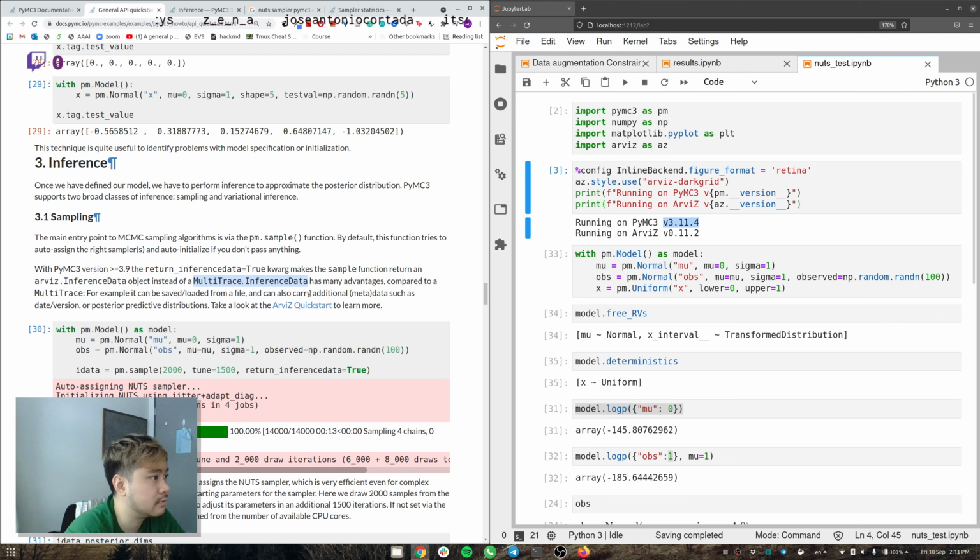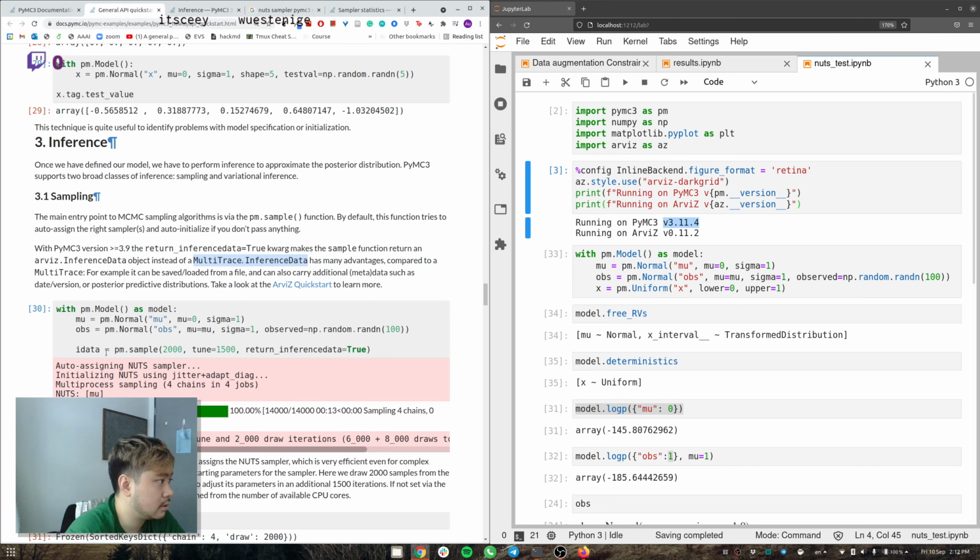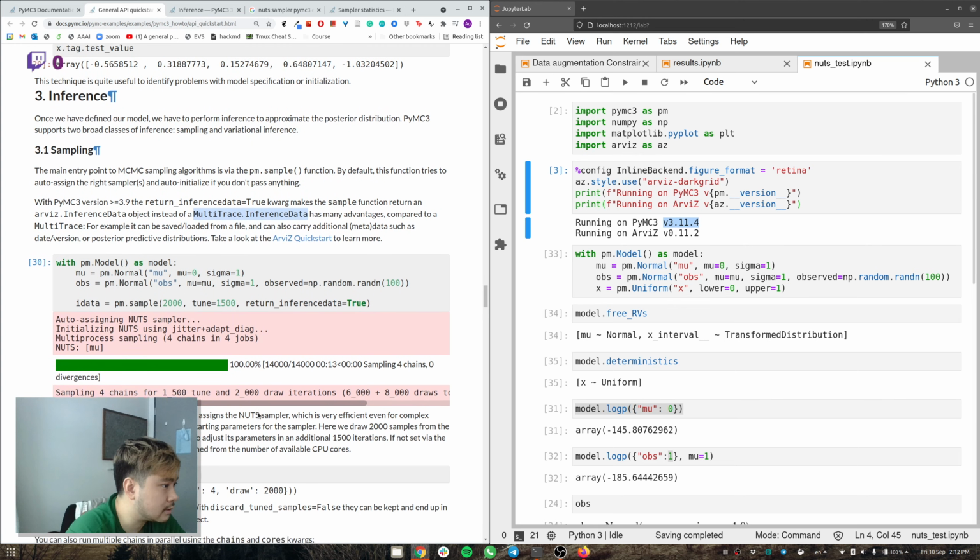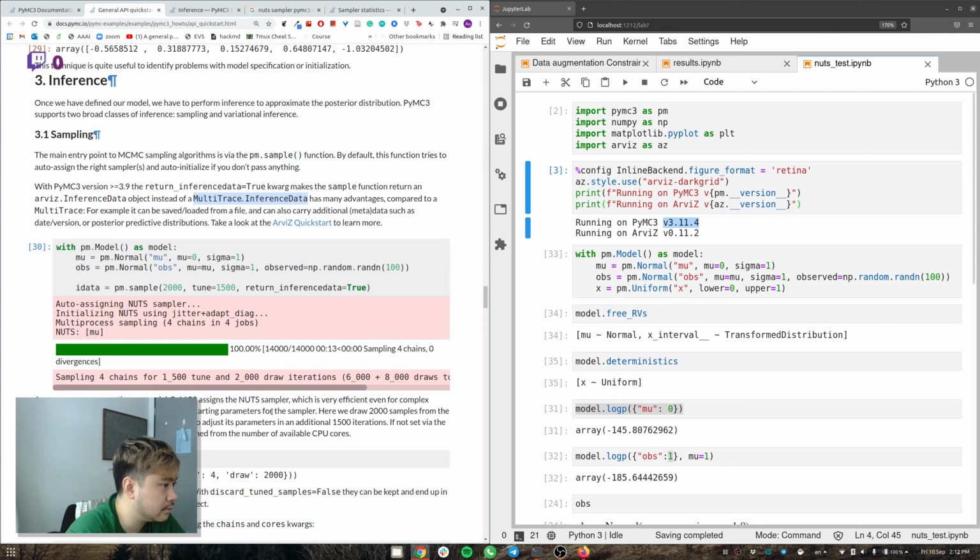InferenceData has many features compared to a MultiTrace, can be saved, and also yes, ArviZ, but how do I choose NUTS? It assigns that sampler, which is very efficient. Here we draw 2000 samples. If not set via the cores keyword argument, the number of chains is determined from